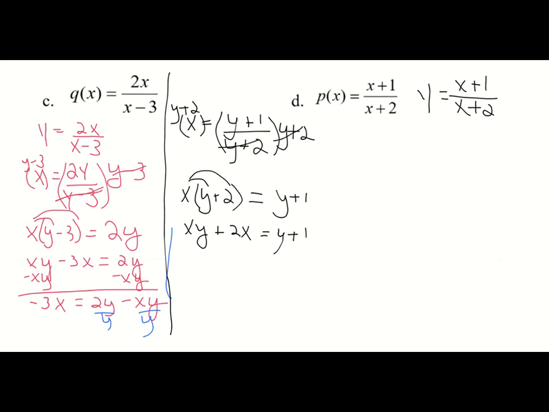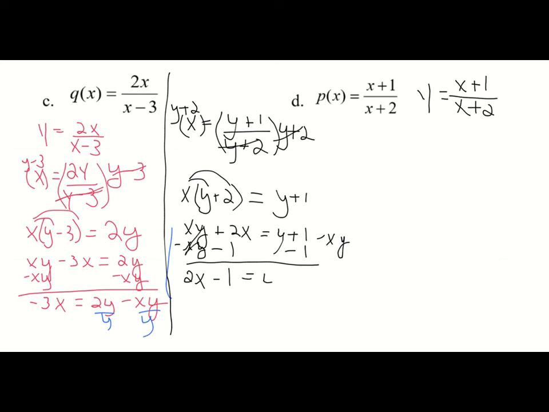And we are going to put my y terms together and everything else, like the 1. I'm going to move the 1 over to this side. And I'm going to move the xy over to this side. So I'm going to end up with 2x minus 1 is equal to